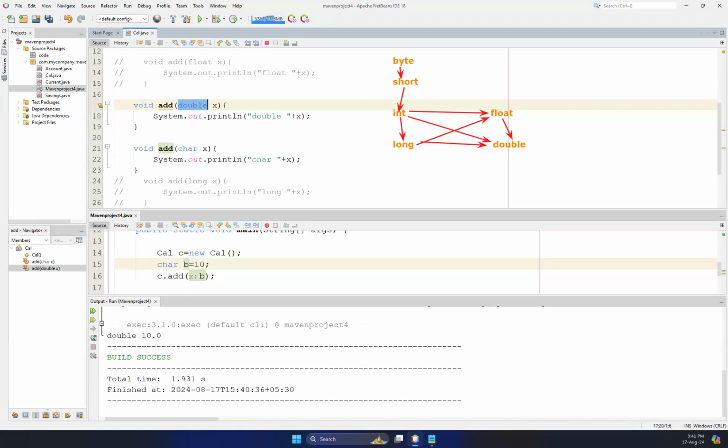Right. Now let's see. We have a character value. Therefore, according to this chart, you have to remember: a byte value can be promoted to a short, int, long, float, or double. A short variable can be promoted to an int, long, float, or double. Integer can be promoted to a long, float, or double. The long can be promoted to a float or double. And then if it is a char,